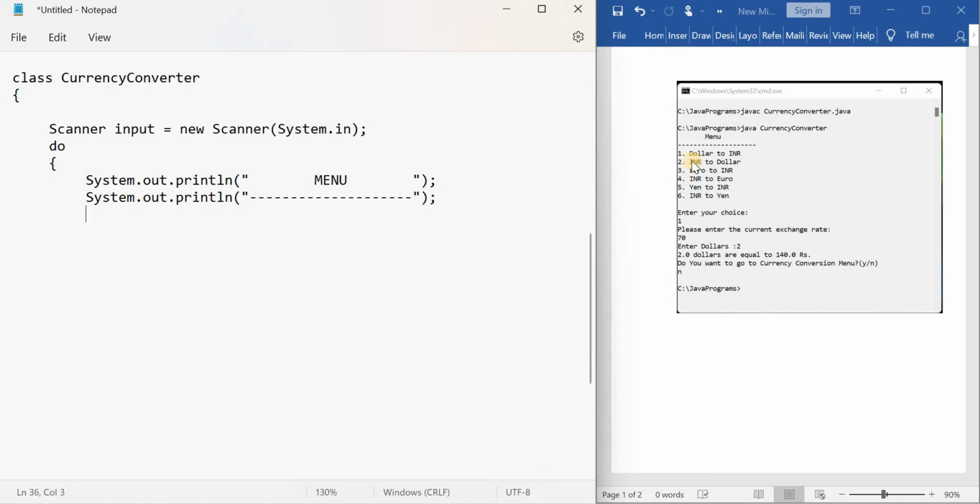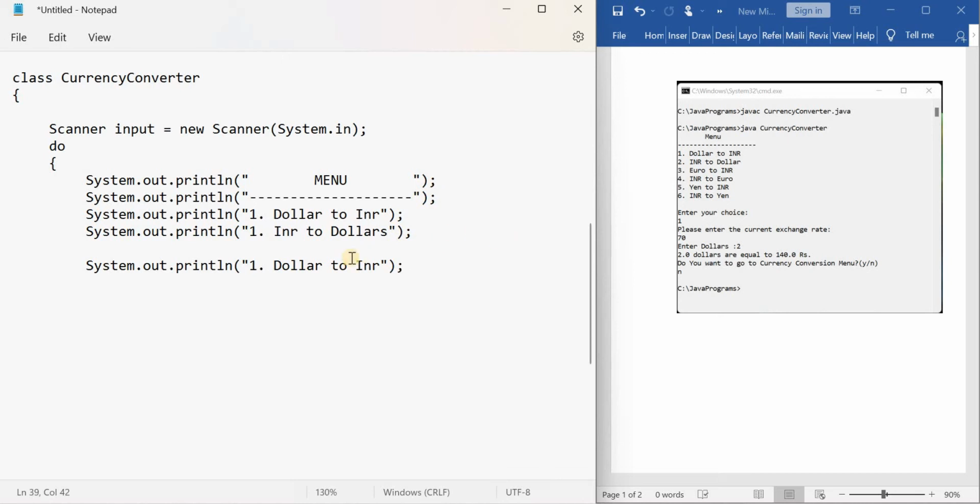Okay. And what are the next lines? Dollars to rupees, and here rupees to dollars. So I'm going to write two more printf statements. Okay. So option one is dollars to rupees, and the second option will be rupees to dollars, right? And the remaining conversions I'm not implementing in this program, that you have to do on your own as a practice. And what is the next one? Enter your choice, right? So write again the same thing in a new line.